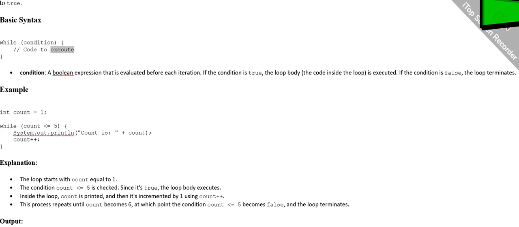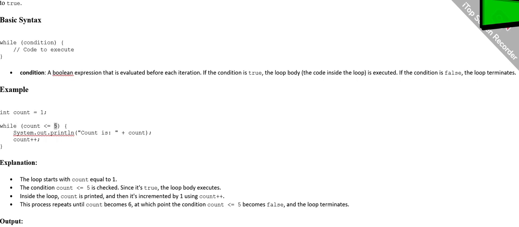// code to execute. Condition: a Boolean expression that is evaluated before each iteration. If the condition is true, the loop body, the code inside the loop, is executed. If the condition is false, the loop terminates. Example: int count = 1;